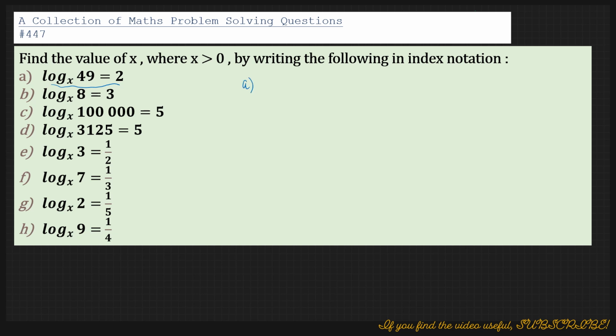So for part A, log to the base x of 49 is 2, and this can be written as x squared in index form equals 49, and therefore x squared is equal to 7 squared. And since the powers are the same, we equate the bases and we get x equals 7. So from here we get x equals 7,